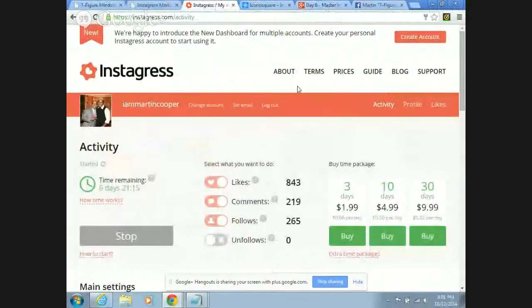Okay, yesterday we talked about Instagress. Instagress is a tool that you use to automate your business on Instagram. It's a great tool. It's one that I use to market my businesses. I have multiple businesses, multiple 6-figure businesses, and to include my network marketing business online, guys. So I use this tool very heavily.